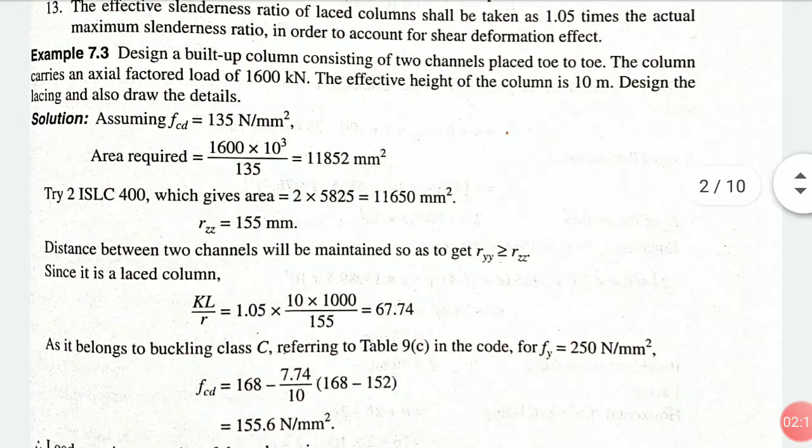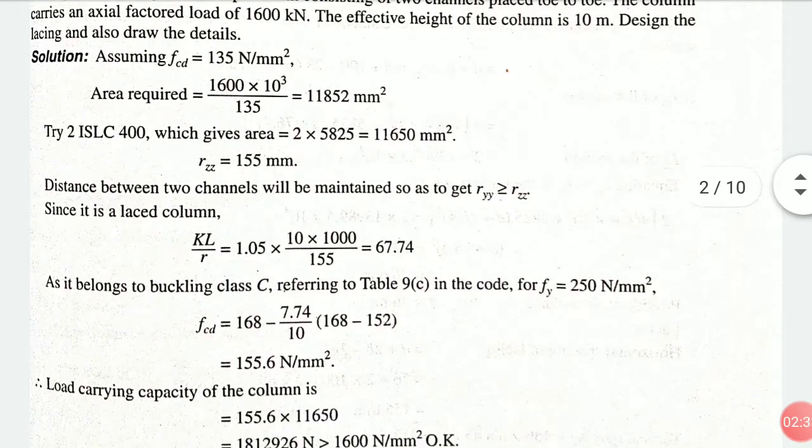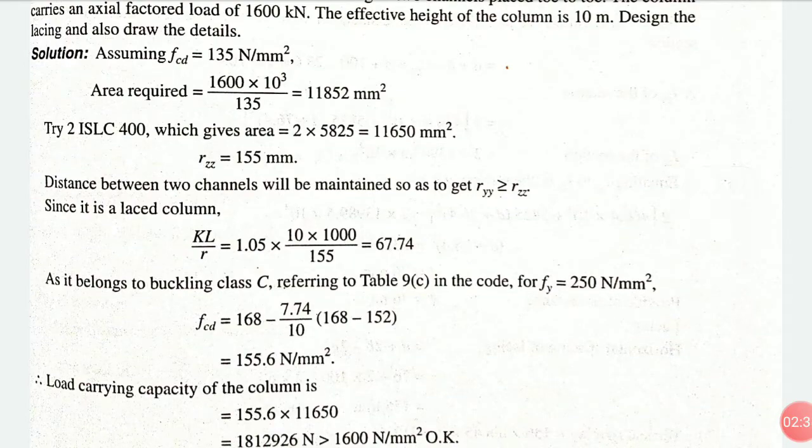Okay, so ISLC 400, area of one ISLC 400 is 5825 mm square. You can check in the steel table, that will give you 11,650 mm square. RZZ or RXX in the steel table you can check. For that section ISLC 400 we have 155 mm. So